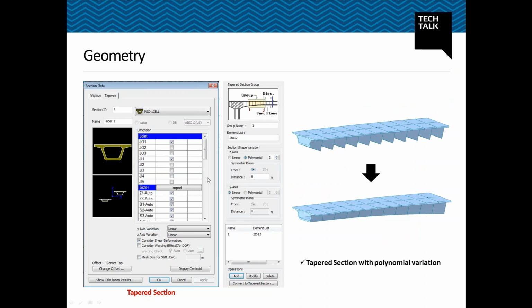So today's session will use taper section. So I have created 2 PSC single cell section, so one with small opening and one with a larger opening. So I will use these 2 PSC sections to create these taper section, and then I will apply either linear or polynomial variations to create a nice smooth curvature of the taper sections. So taper section is used in this webinar,